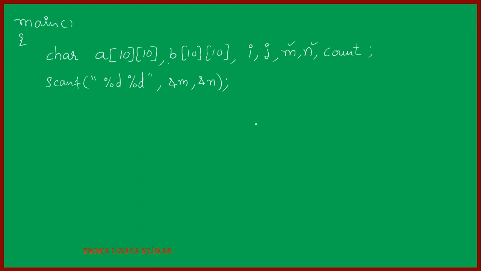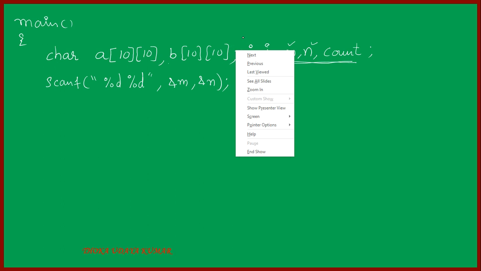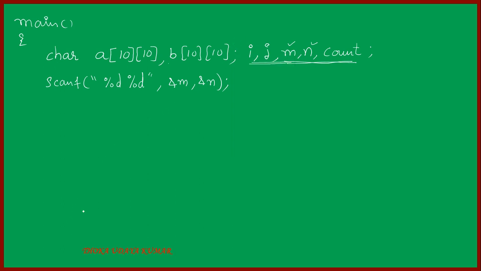Okay, we have to be a little careful while we are doing it. See here, m, n, count are of type integer, with the required type. In fact, i, j also. Required type is integer. Here A and B are character arrays. So you have to stop the declaration of A and B here, and declare these things as integers, not as characters.